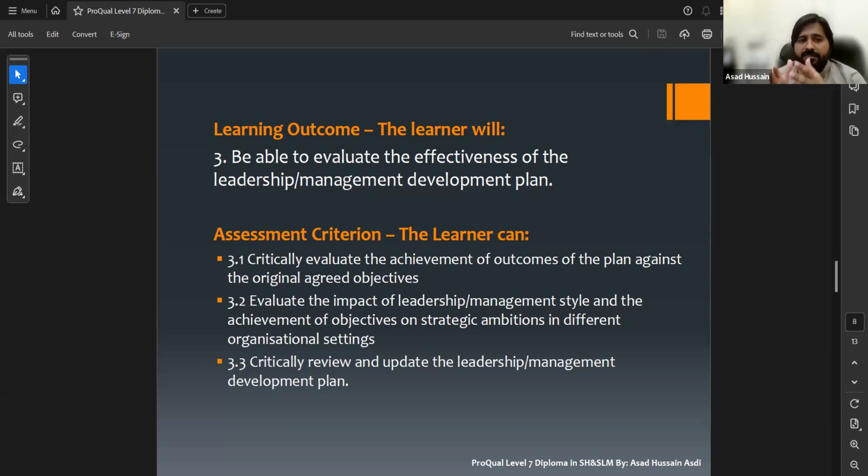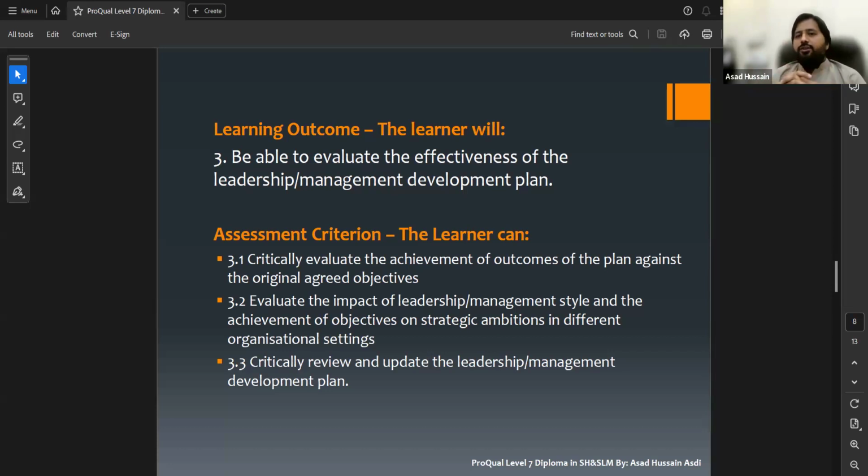So 3.2 is actually discussing that it is not only specific to your organization, because it is management. You have to evaluate the impact of leadership and management style. What you have learned and achieved should work in different organizational settings to achieve the strategic ambition.